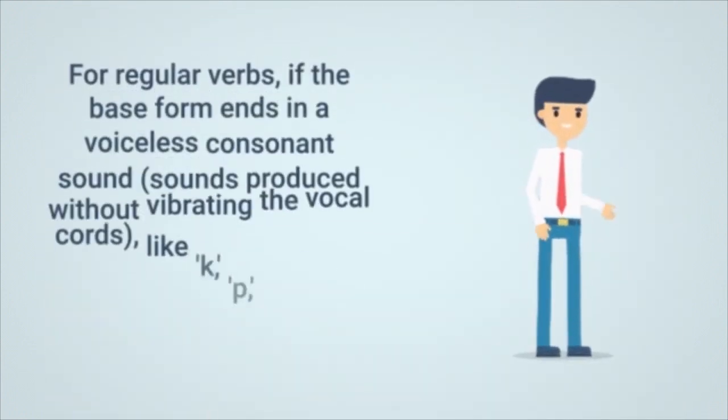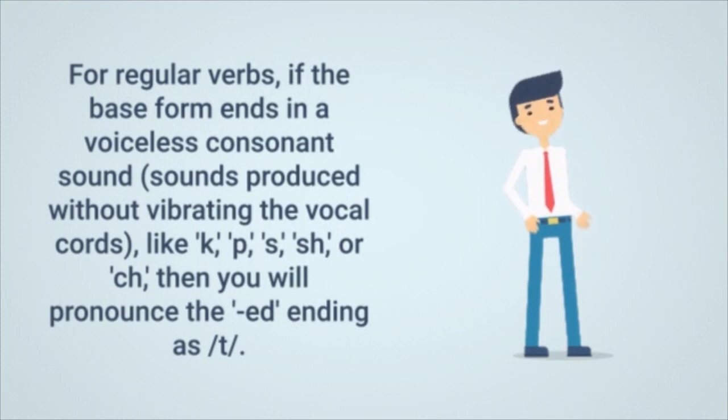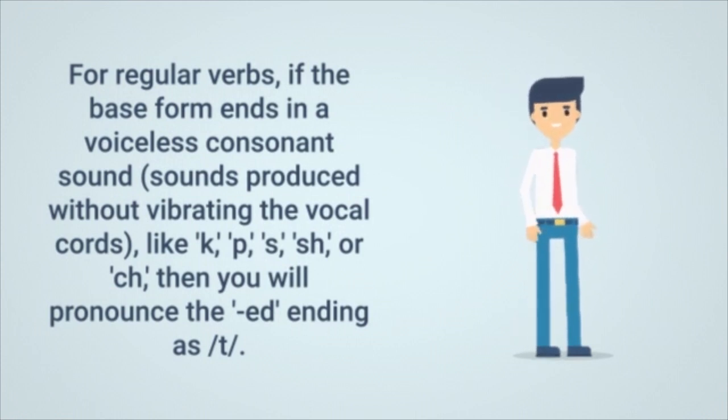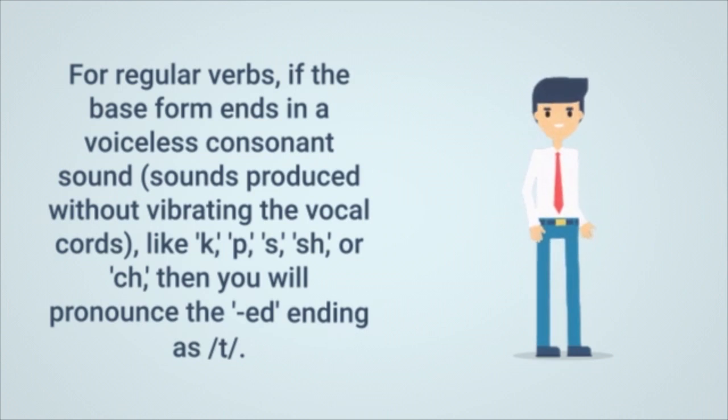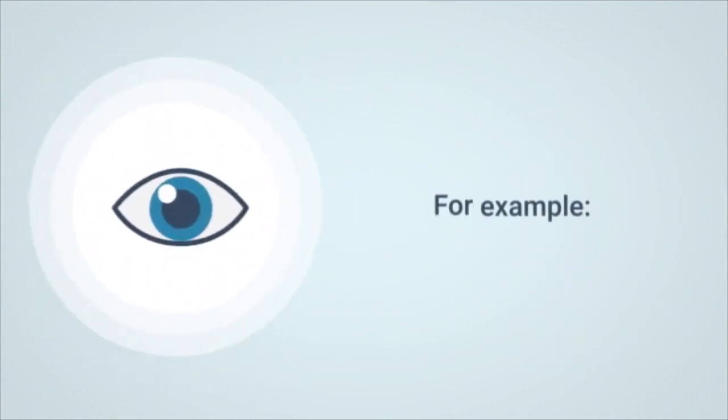For regular verbs, if the base form ends in a voiceless consonant sound, sounds produced without vibrating the vocal cords, like k, p, s, sh, or ch, then you will pronounce the ed ending as t. For example,